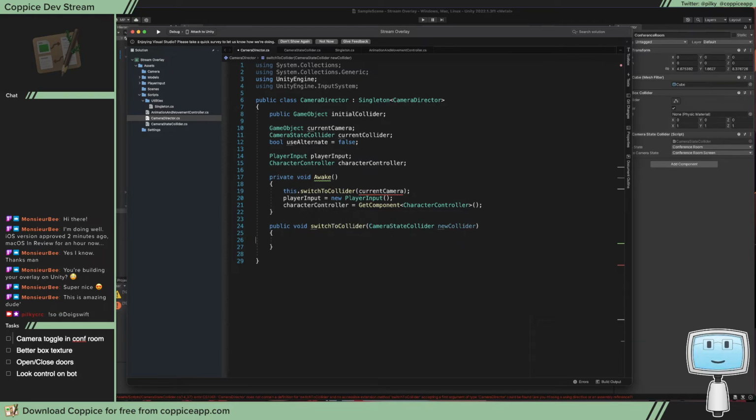So actually no, because we need to... so I want to switch to: use alternate equals false, current collider equals new collider, and then we want